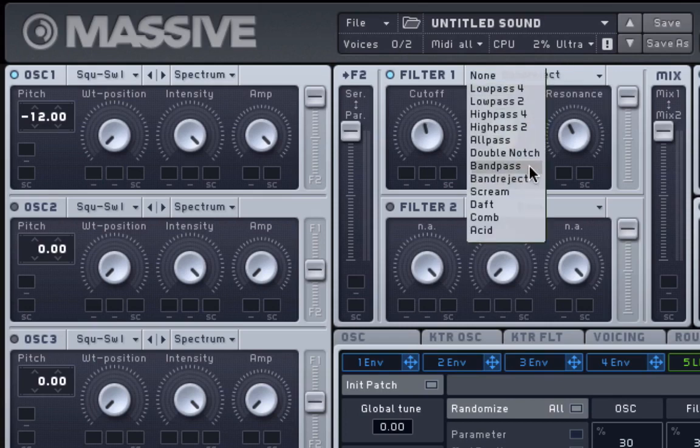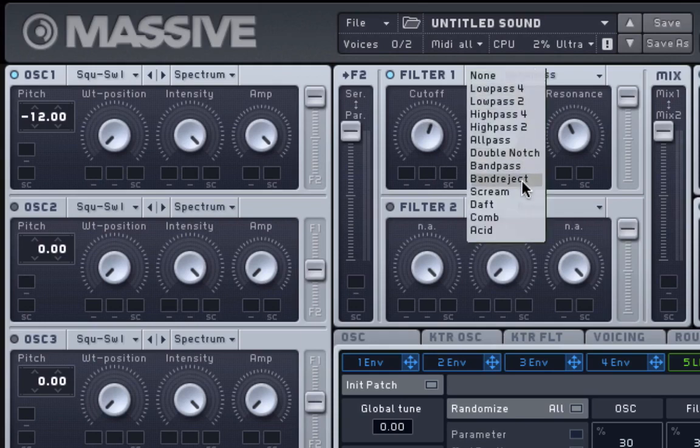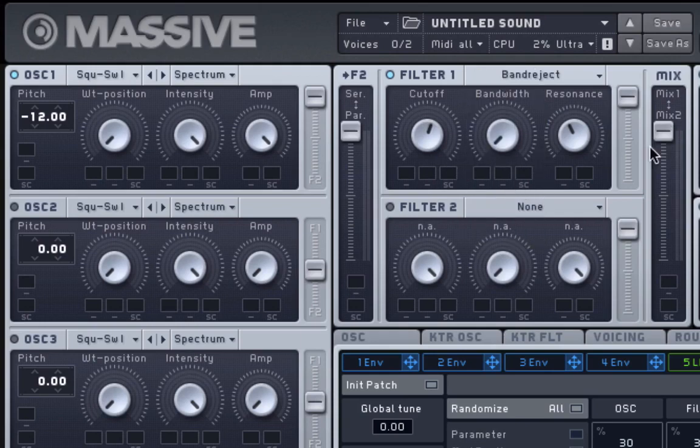And you can just think of that as, with the band pass, you're letting a certain bandwidth pass through, and that hump in the frequency makeup will be wherever you set it to be. Band reject is you're rejecting that same bandwidth in the middle. And with both the band pass and the band reject, you can